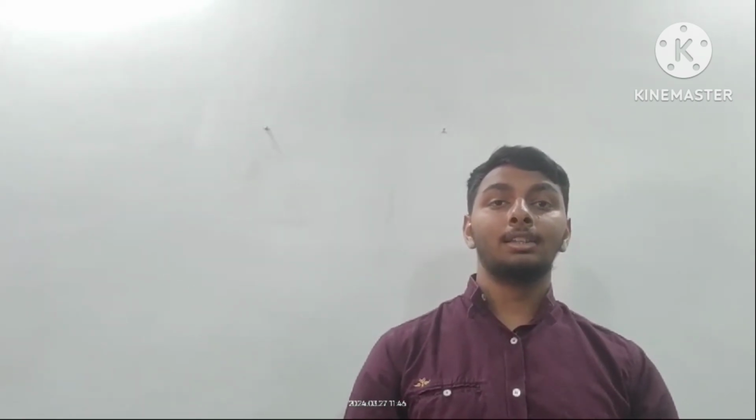Now I'd like to give an introduction on cam and follower mechanism. The cam and follower mechanism comprises two essential components, the cam and the follower. The cam, often shaped like a rotating or translating surface, dictates the motion, while the follower in contact with the cam replicates this motion. Together they form a dynamic duo capable of translating rotary motion into a myriad of intricate motions. Now let's explore the working principle of this mechanism.